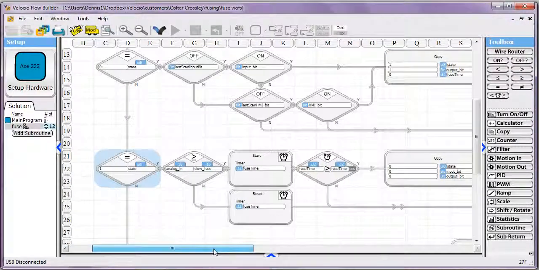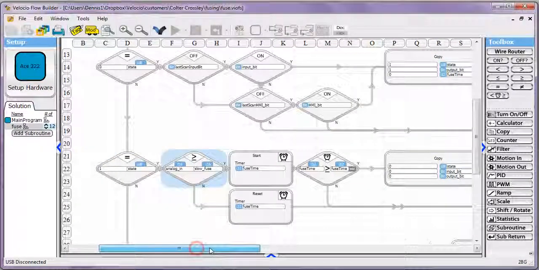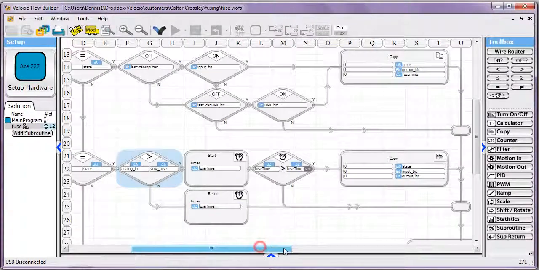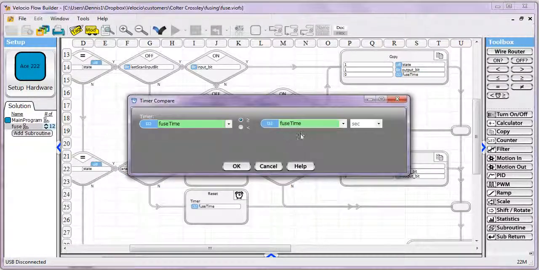And in state equals 1, what we're doing is we're just checking to see if the slow fuse has been met. If it is, we start a timer. If it isn't, we reset the timer. And then we're hanging out. We're checking if the timer is greater than the fuse time that you set. Again, I got a mistake here. I'm wanting to ask if my